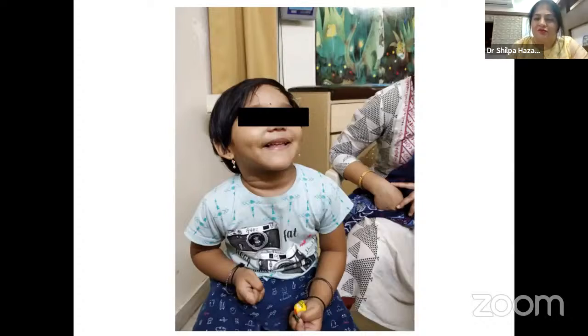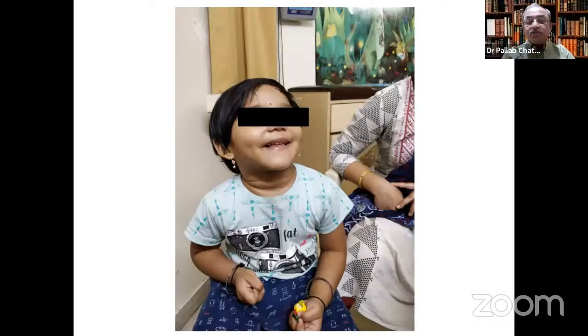Because of the physiotherapy, as far as mental status is concerned, she's quite okay, but there is minimal spasticity. But the smile tells you that she's not all that bad. So I feel that one needs to look for red flag signs in every child, and if they are there, then we need to investigate them.